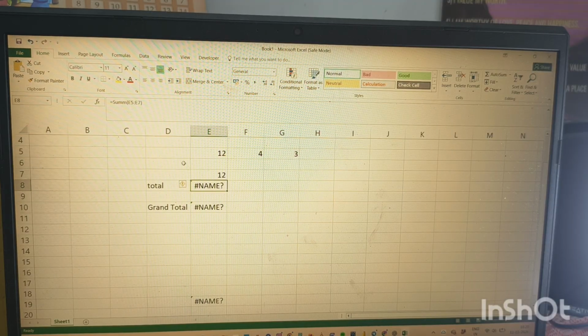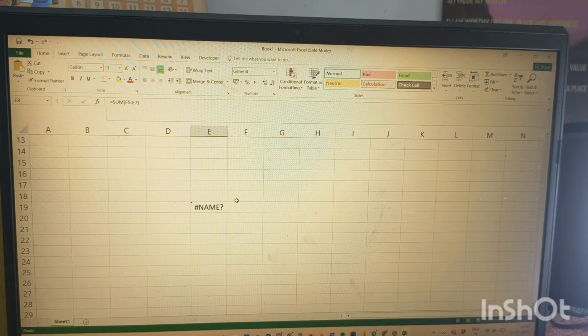Because after clicking you will see the changes of what I have done. Are you seeing, guys? Here it is written SUMM. There is no double M function available in Excel. It should always be the right one, that is SUM, not double M. We should delete it, and under the sum function the pop-up showing SUM appears. After pressing tab you will get that function, and it will start working. So that's how you can fix hashtag name error.